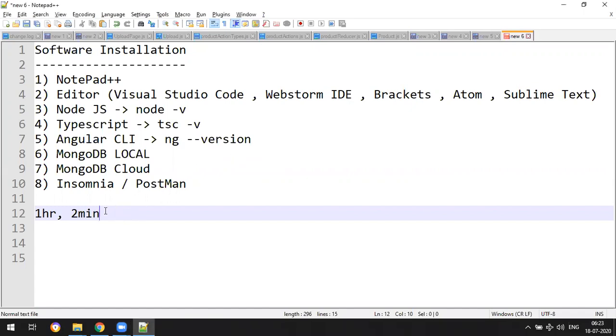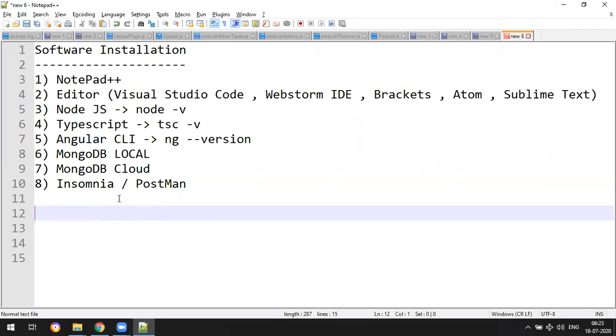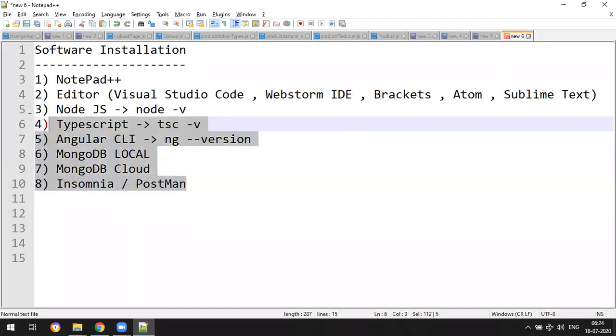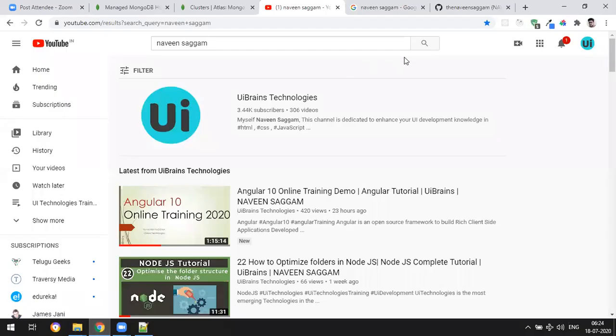One more thing I want to say is we never compromise on UI. I don't want even simple examples to be plain. For every example I'm going to use Bootstrap, so you can find rich examples, complete end to end, because with a simple example you can't really understand the flow or get the subject. It takes time also, but I will give you full-fledged examples. Okay, fine. Any questions?